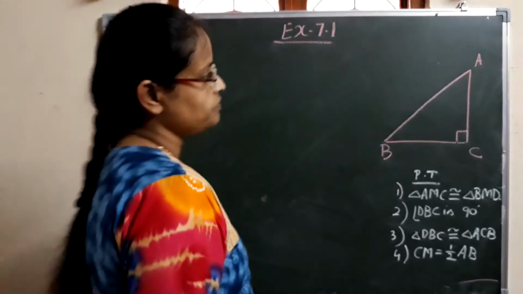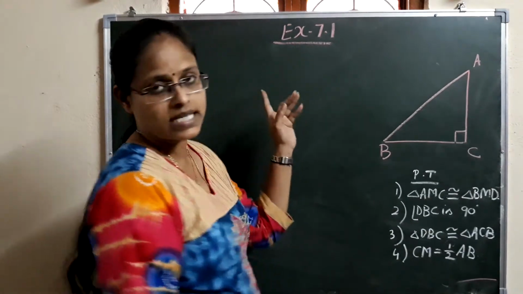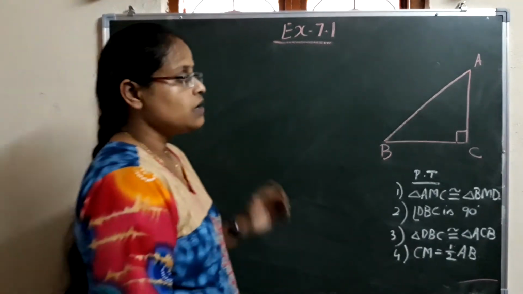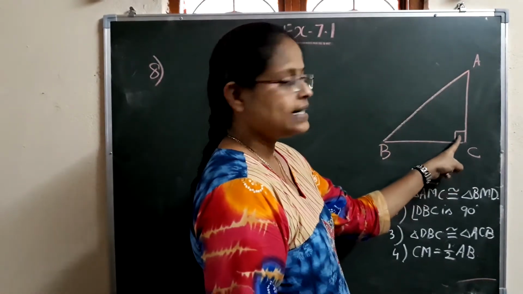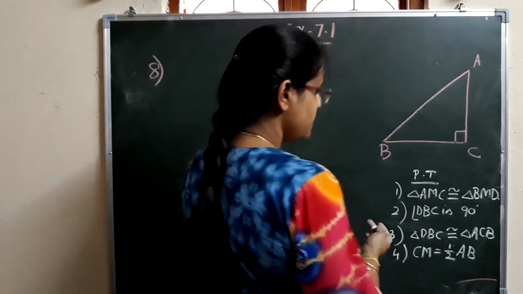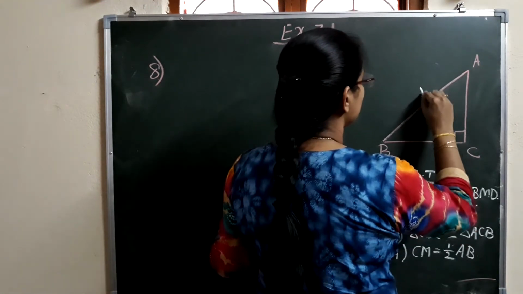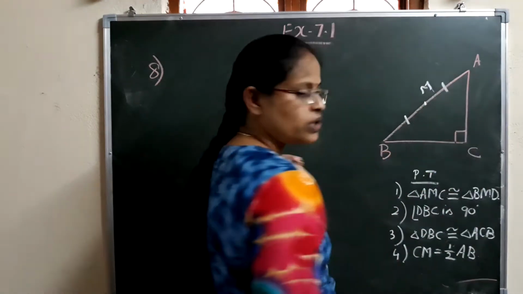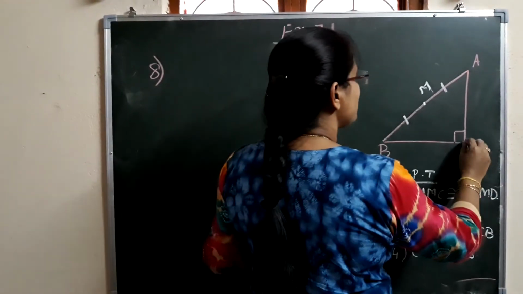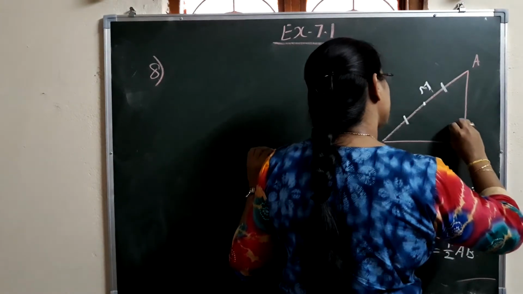So here children, let's learn an important question of 7.1 exercise question number 8. What is given in the question is there is a right angled triangle ABC, right angled at C, and there is a point M which is midpoint on the hypotenuse such that it divides AB into two equal halves. And from C you are drawing a line passing through M